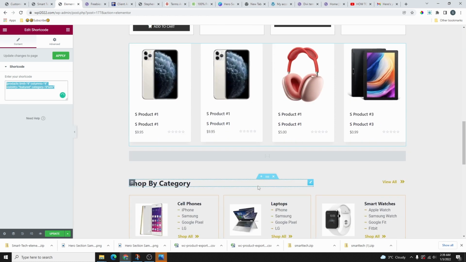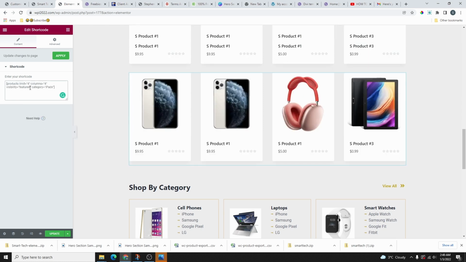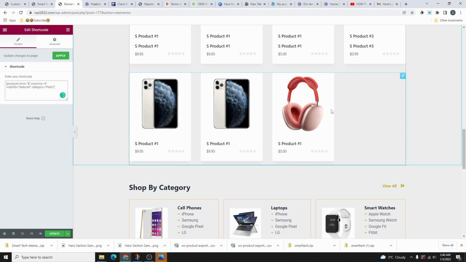You can grab this and then just come back to this one and paste it in here like this, or you can just type it. It's very simple. You can see here we just have products and then we have the limit. The limit is equals to 4. Right here you can see that we have 4 here. That's the products. We have 4 products. If we change that to 3, for example, like this, now you can see that we have 3 products,